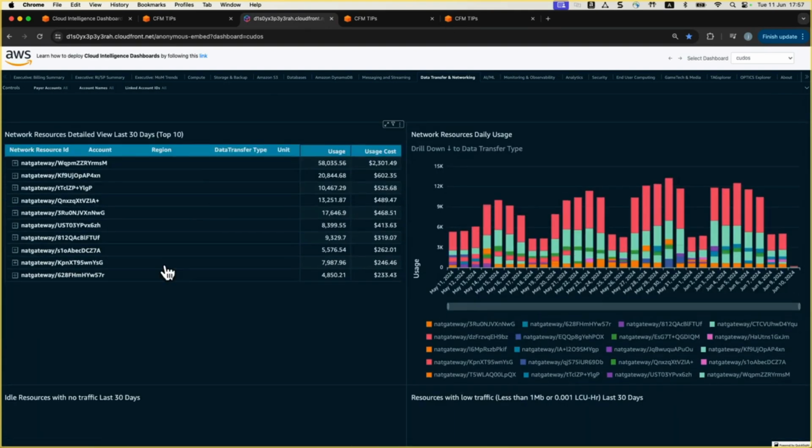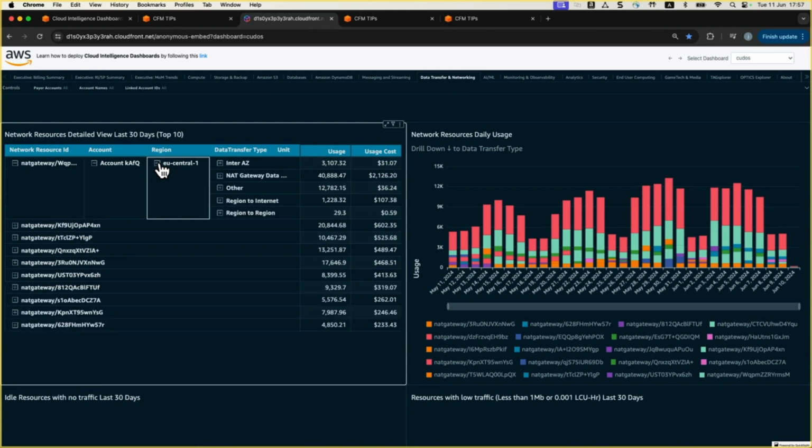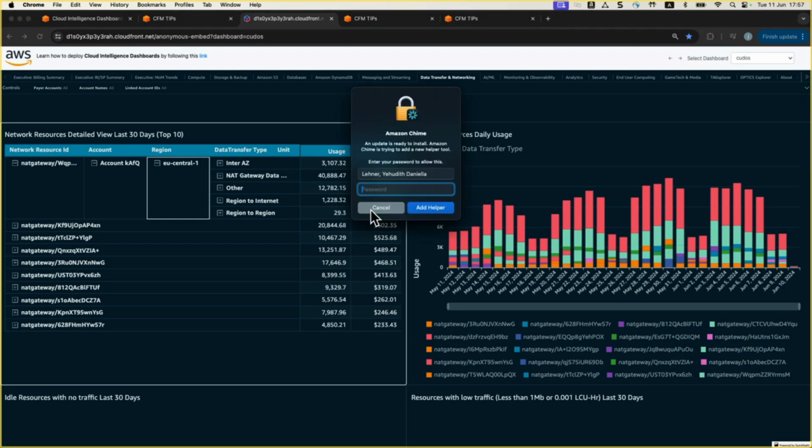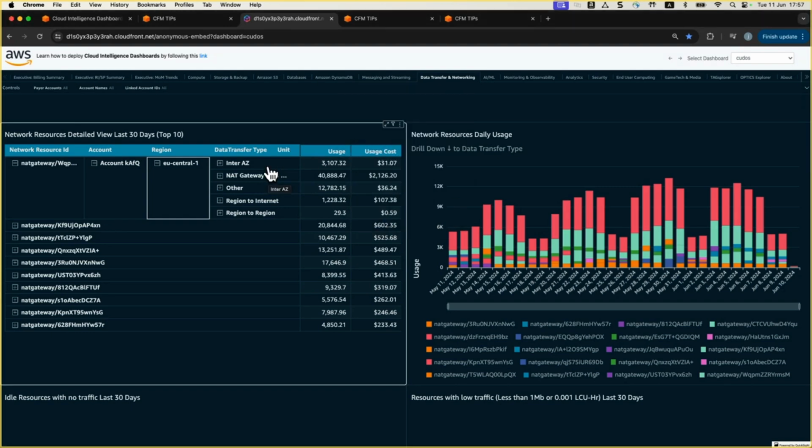And when I scroll down to the top 10 resources, I will expand the first one. And you can see here that we have a data transfer inter-AZ for this NAT gateway. So it's not significant, but it's a sign that we are using a NAT gateway from a different AZ, which is not the best practice. Like Yuri said, it's an anti-pattern and it can grow. So at the end, we recommend you to deploy a NAT gateway in every AZ that your application is running